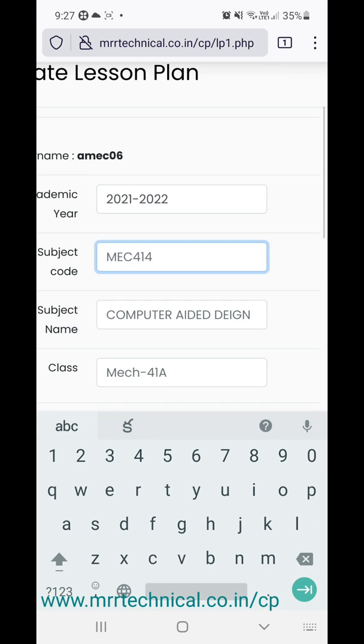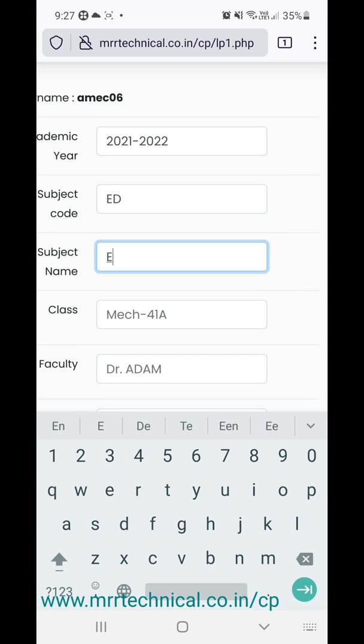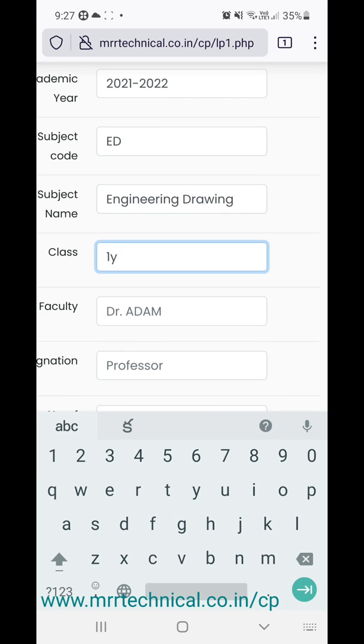So academic year, subject code I am taking as ED, subject name I am taking as engineering drawing, class just previous class only, first year CSC.